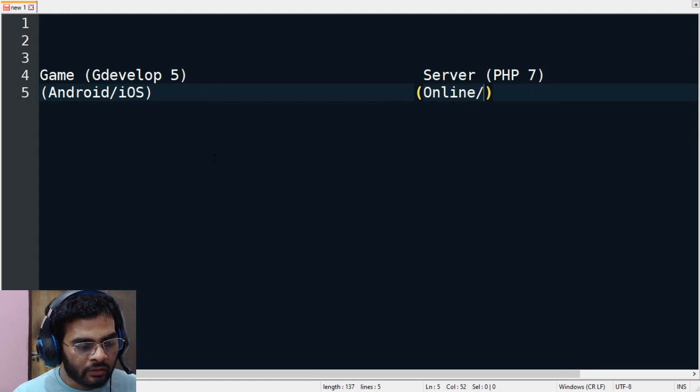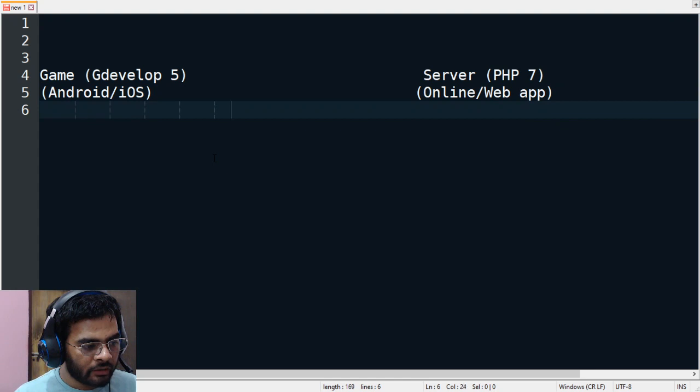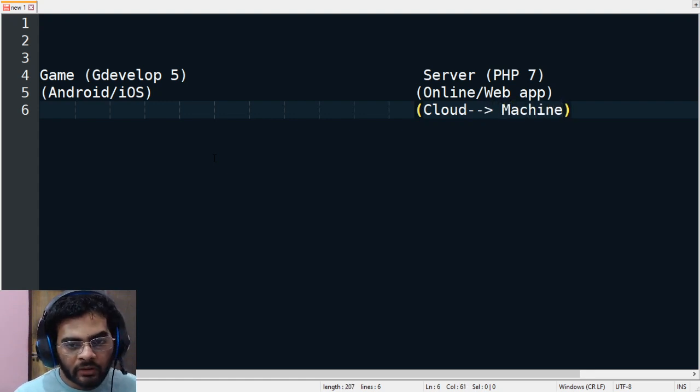and by online I mean it will be a web app. It will stay online, and basically it will live. People say that it will be in the cloud, but the cloud just means that it is a machine. It will be another computer in which our code will be stored, but that computer will be connected to the internet, right?